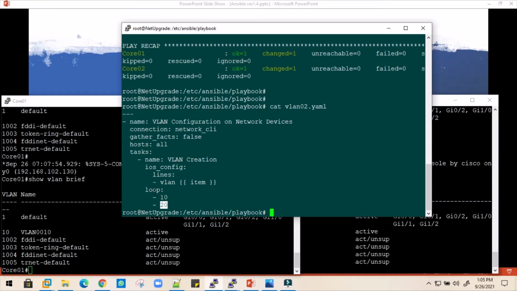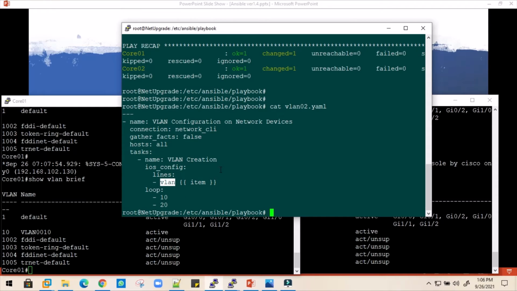Whatever is mentioned, it will pick up in an item variable and give this number to the VLAN, so that VLAN 10 is configured on the switch defined in the host file. The second time it will pick up the next line in the loop, which is VLAN 20, and the command is executed on the switch for VLAN 20.